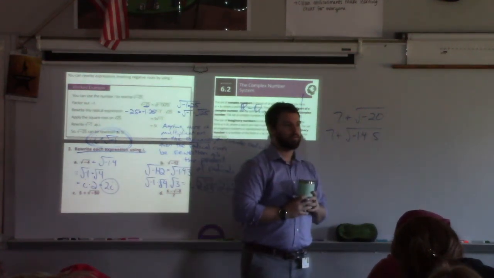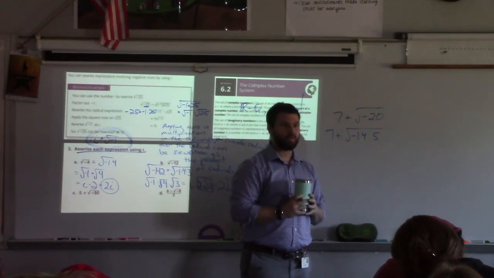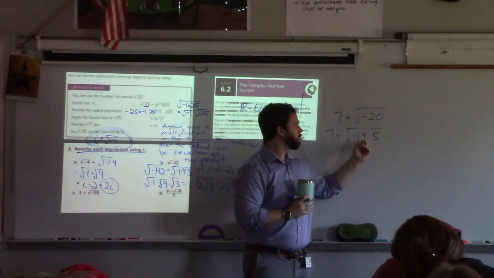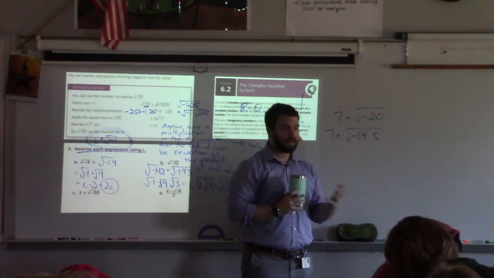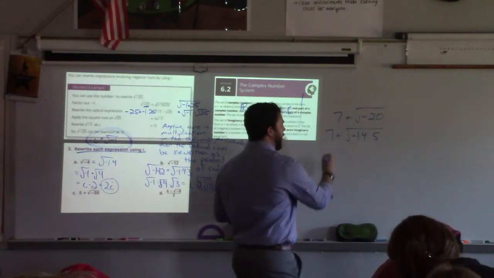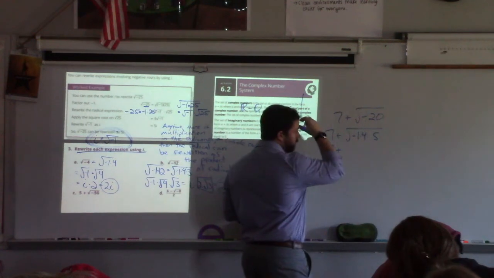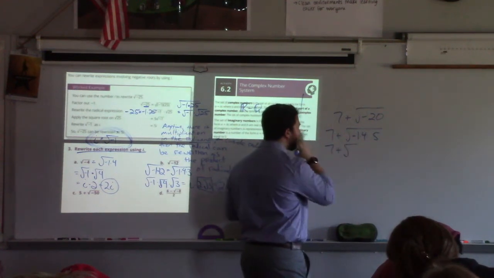2 and 10 are not perfect squares. Is one of these perfect? Yes. Which one? 4. That's all I'm looking for: a factor that is a perfect square. Now, how many radicals am I going to have? 3. The square root of negative 1,